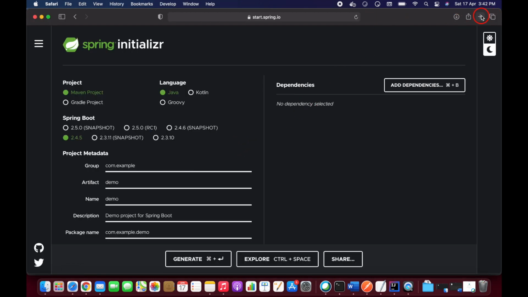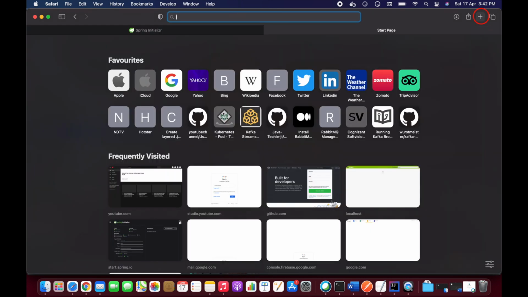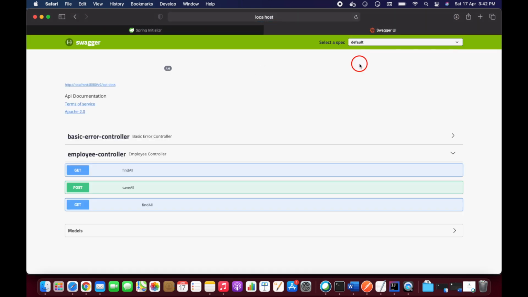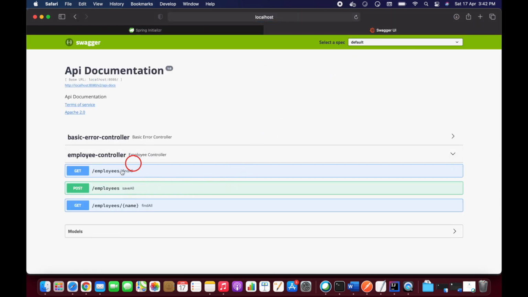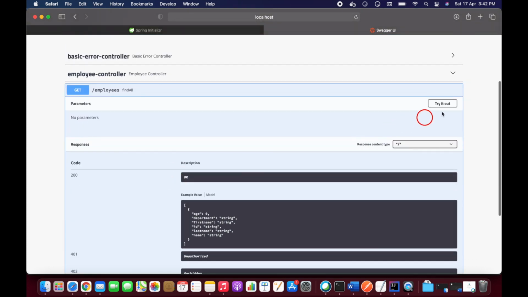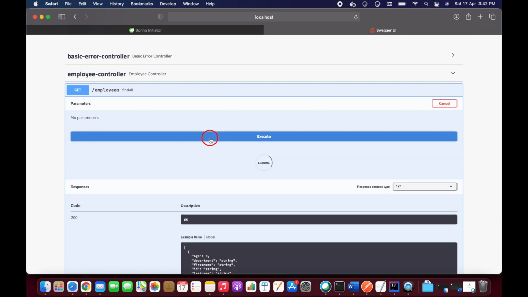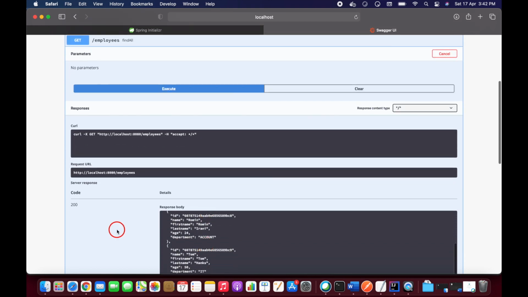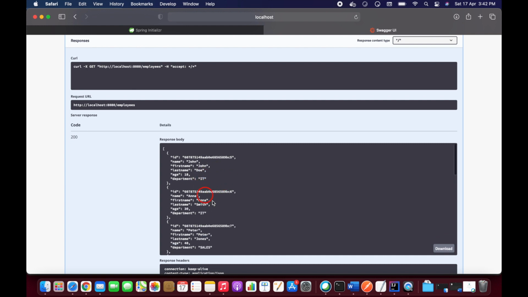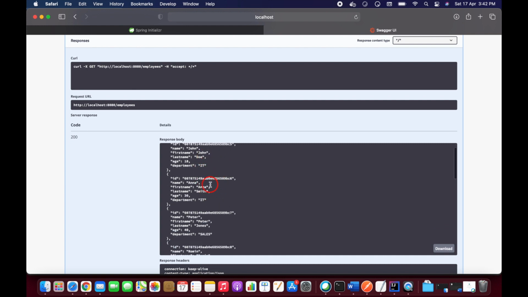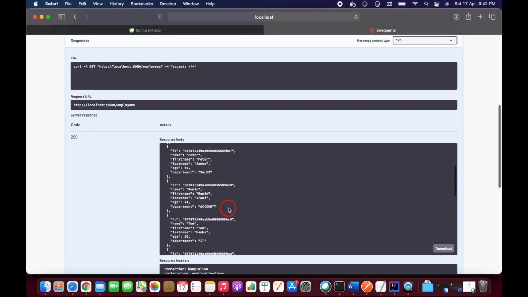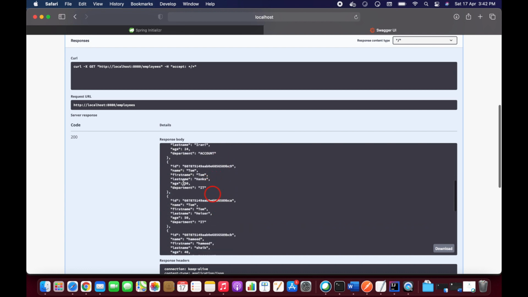Okay, it started. So let's open our endpoint, localhost Swagger. Okay, so we have three endpoints: one is find all, and save all, and employees by name. Okay, and so let's find first. So I already inserted some data, guys. So if you see here, we have some data: the names John, Anna, and Peter Jones, Roman Irani, Tom Hanks, like this.